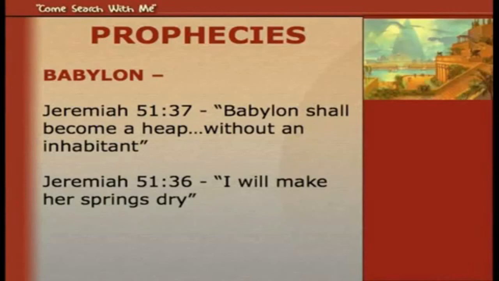So I looked at that. For instance, one regarding Babylon. Jeremiah wrote this in about 595 BC, according to historical calculations. At that time, Babylon was the greatest city on earth. It was the most fortified. It had walls that at the top were so broad that 2 chariots could run side by side round the whole city. And sometimes we think this is a high wall. It's about 40 feet, 45 feet.